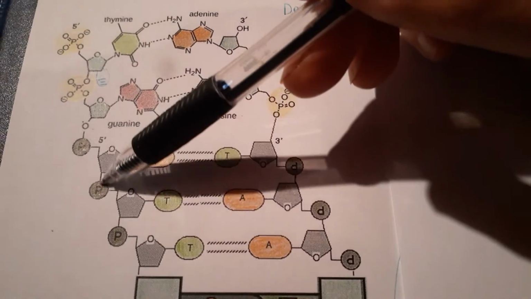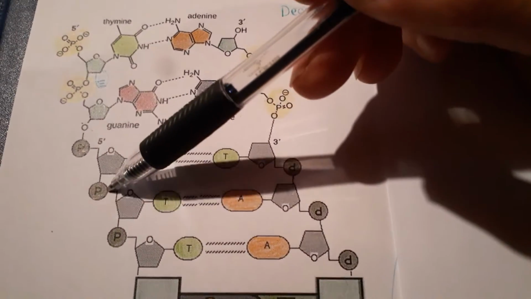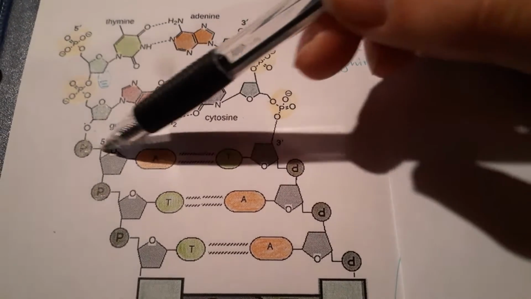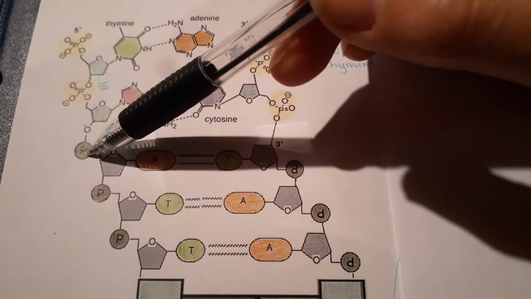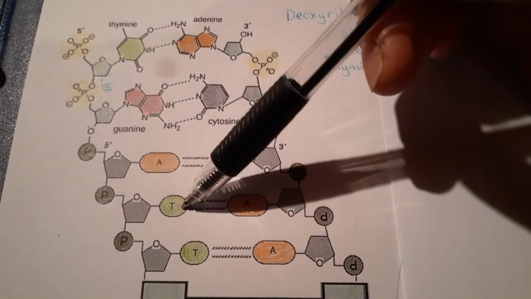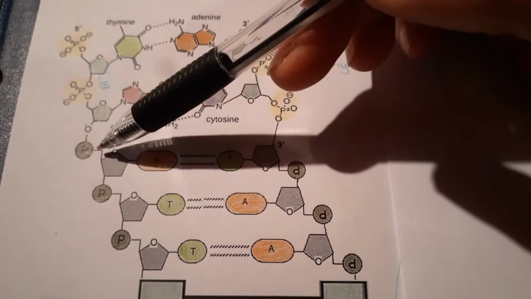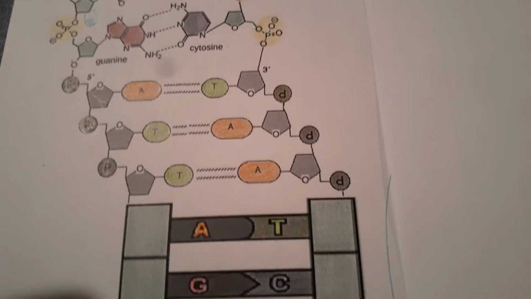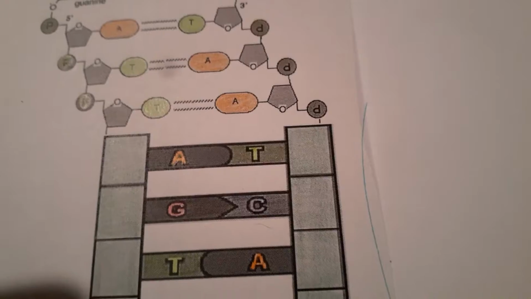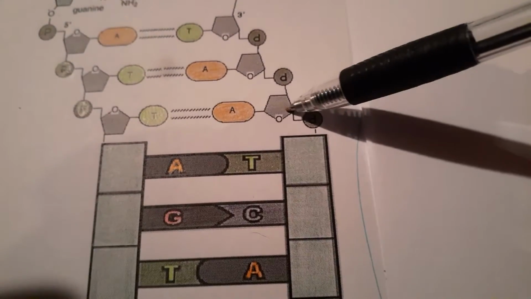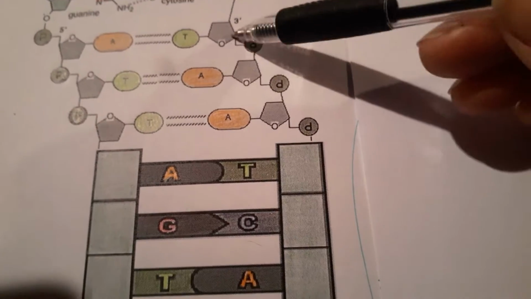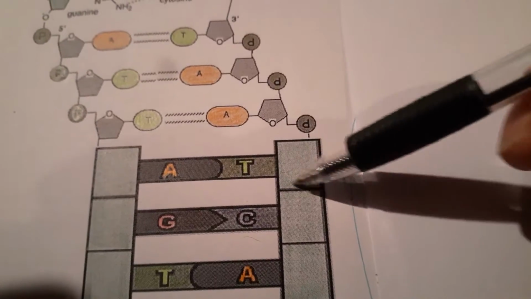Okay. We can also see that the phosphate group has been simplified just as a P with a circle around it. Once again, we can still see an individual nucleotide: phosphate, sugar, nitrogenous base. Phosphate, sugar, nitrogenous base. Of course, they have been joined together by a specialized bond called a phosphodiester bond. Okay. If we move down a little bit farther, we can see yet another type of notation. Here, even the carbon backbone, that is the phosphate and sugar, phosphate, sugar, has been simplified to just this little